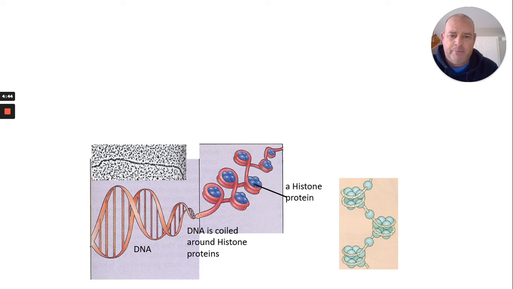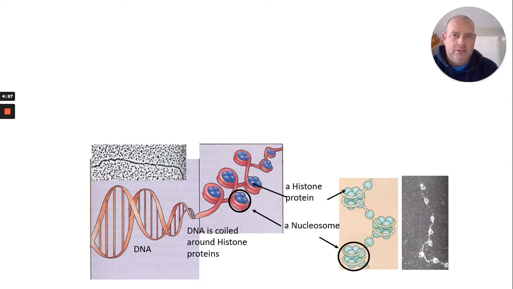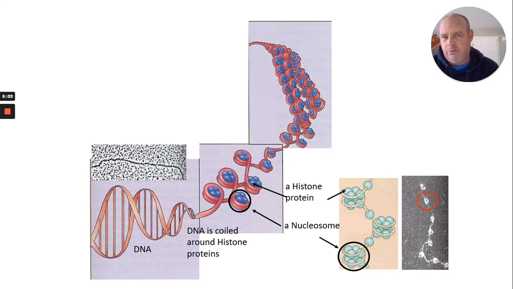And as the DNA wraps around those histones, we say the DNA and the histone, all of that together, is a nucleosome, okay? So histones are just the proteins. A nucleosome is DNA and protein, and it kind of looks like beads on a string. That's the general term for what we call it when it starts wrapping around them. It looks like beads on a string.